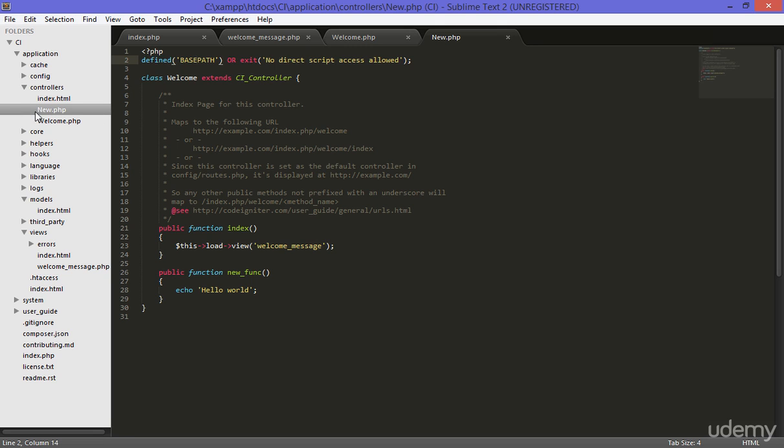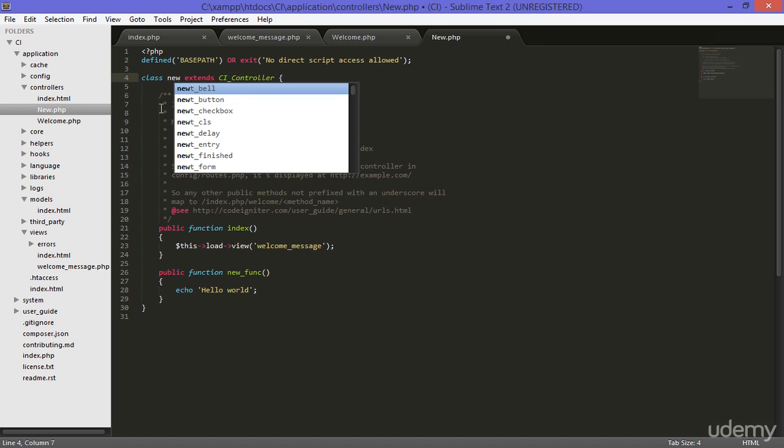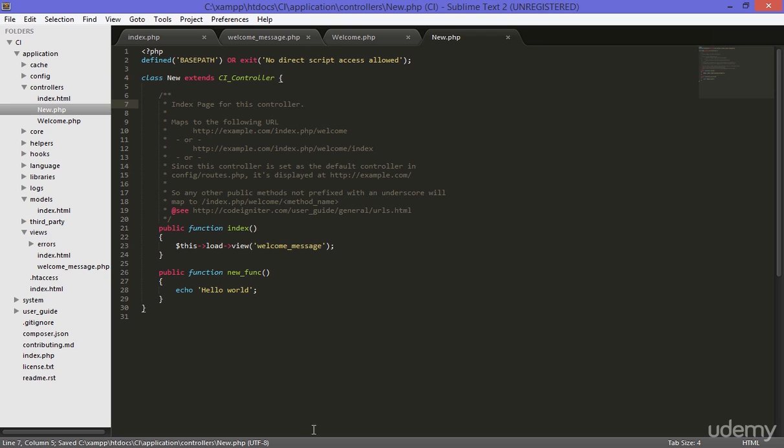Now, what is the name of the file? The name of the file is new.php. So let's remove the welcome, because it won't work anymore, since as I said, the controller's name should be the same as the file name. So now type new, but it should be in capital mode, the N should be capital. Now save and go to the browser and